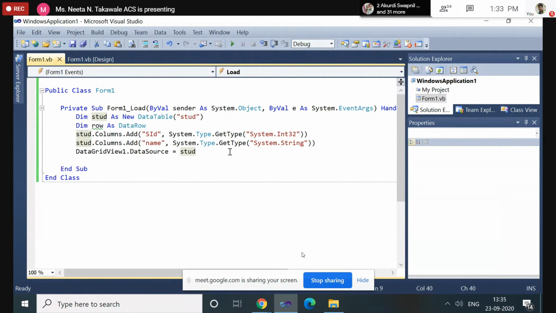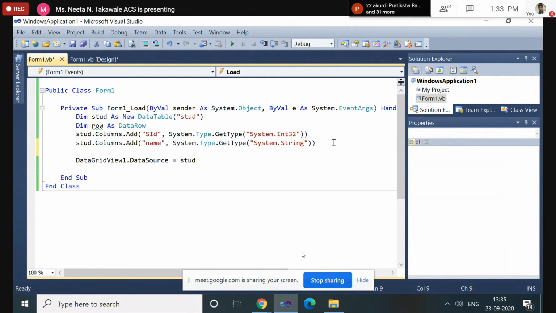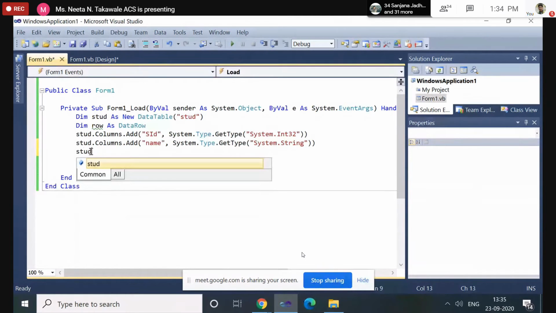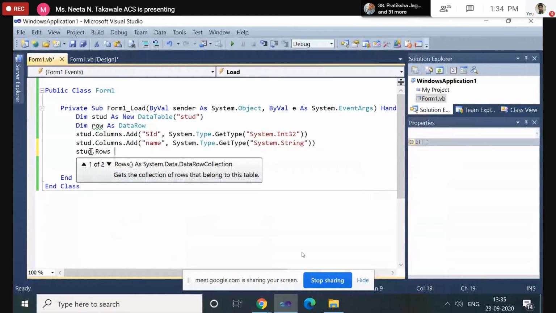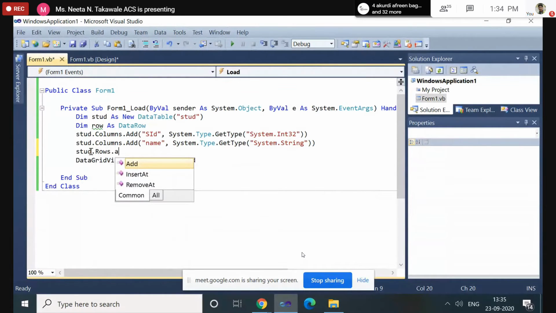Now next, how to insert the rows. Same as how we inserted the columns. Take the name of the object, student. Student.Rows and use the Add method.